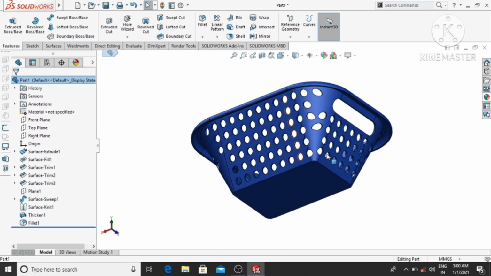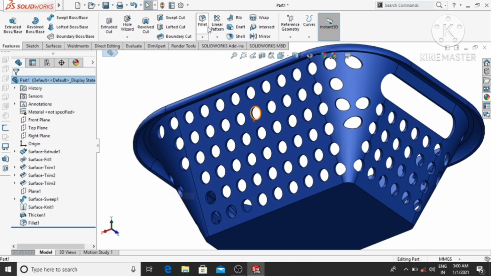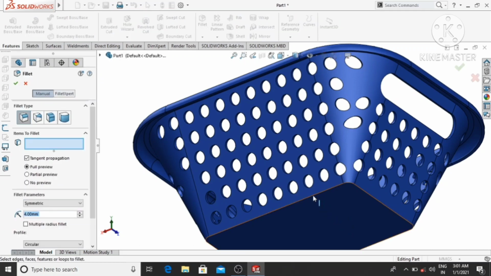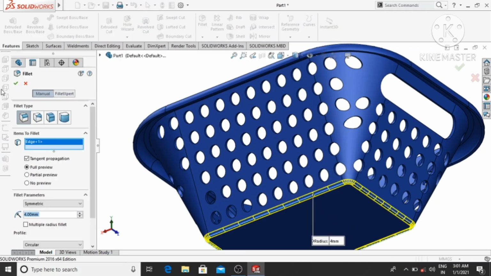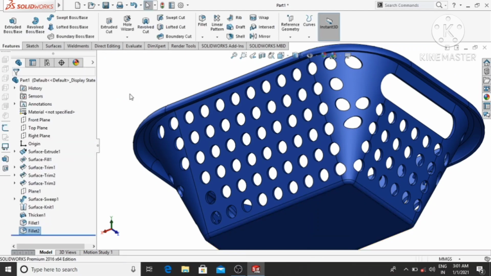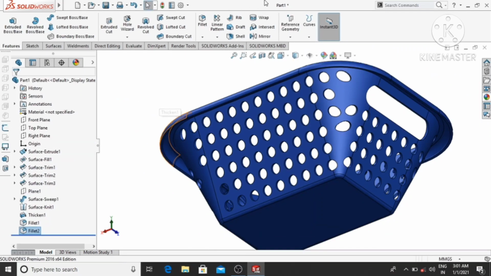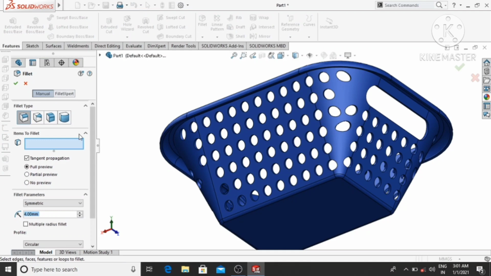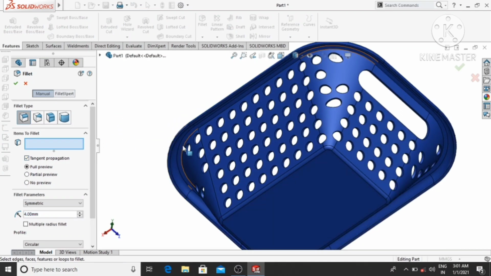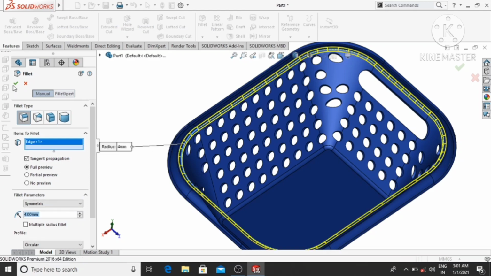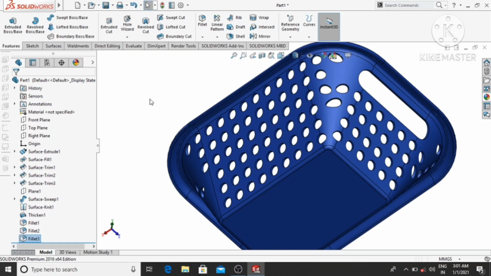And also make the fillet here. So go to the fillet and select this edge and select the fillet up to this. Then okay.